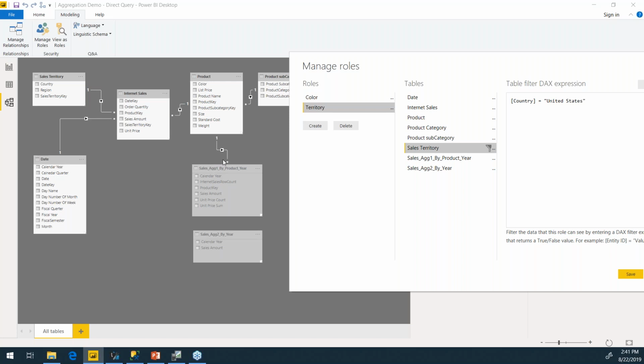So the engine is smart enough not to use the aggregation, it will bypass it.